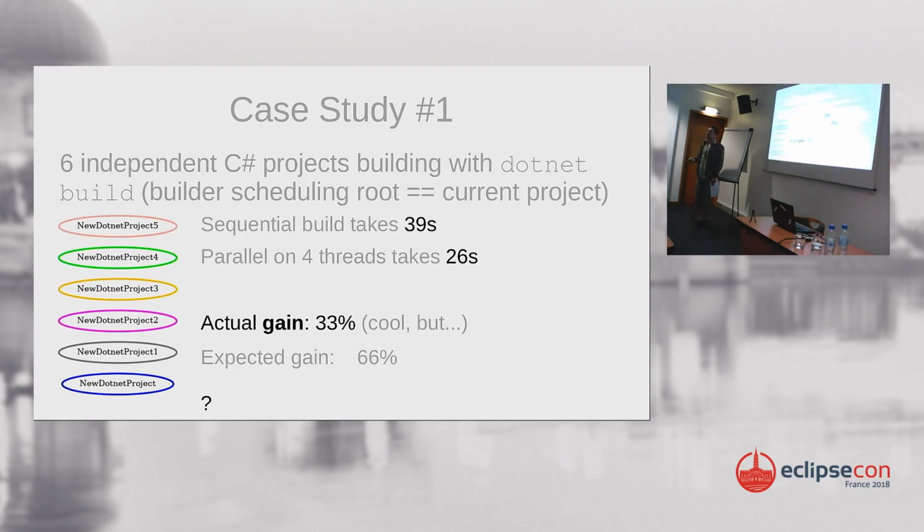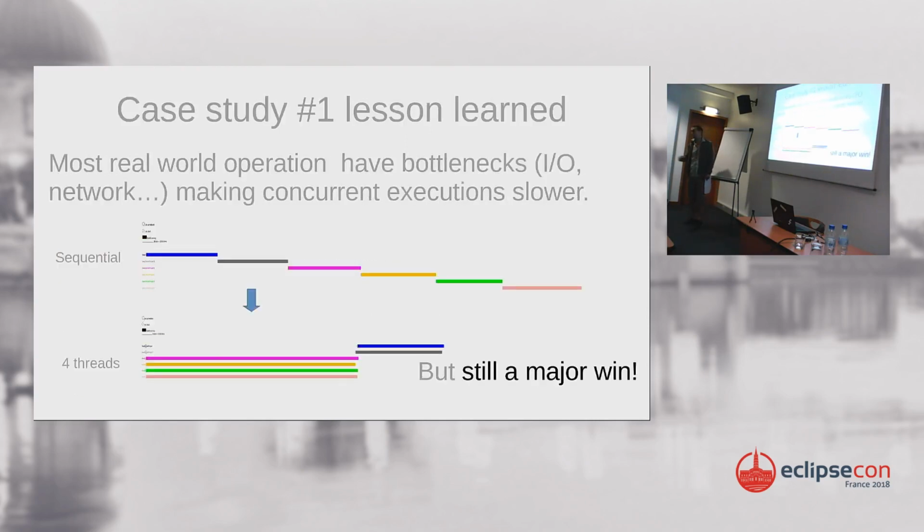The thing is that parallelism is not something that's given to every piece of code. And in reality, most real-world operations do I/O access, network access, and so on, and they do not parallelize perfectly. So if you run 4 times the .NET command like it was done here, each one of them will be 3 times slower. And this is the real graph. It's not a Photoshop graph. This is the time with 6 .NET builders sequentially, and here 4 parallel and 2 sequentially.